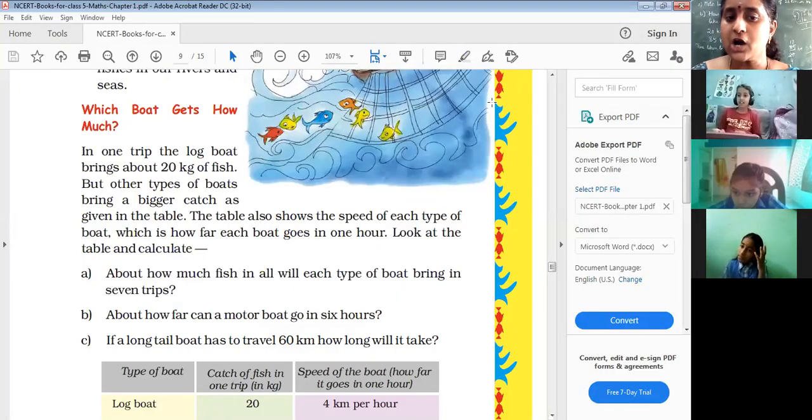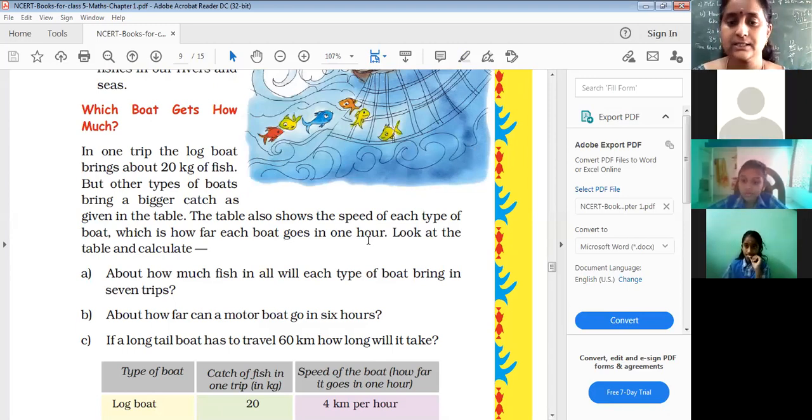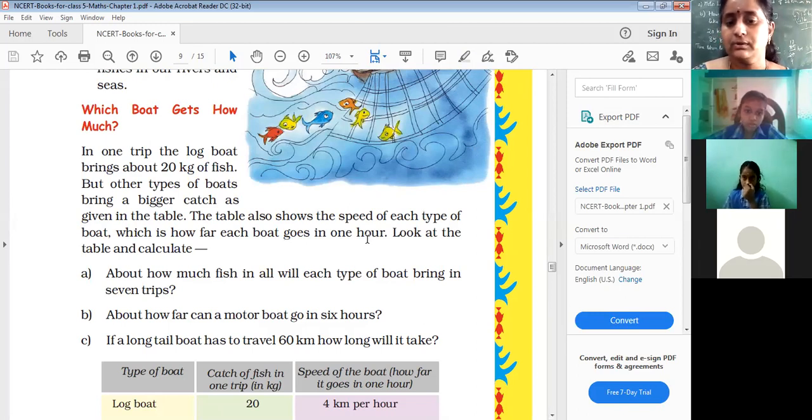Which boat gets how much? In one trip, the log boat brings about 20 kgs of fish. But other types of boats bring a bigger catch as given in the table. The table also shows the speed of each type of boat, which is how far it goes in 1 hour.